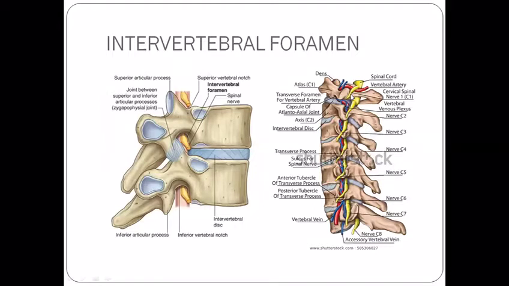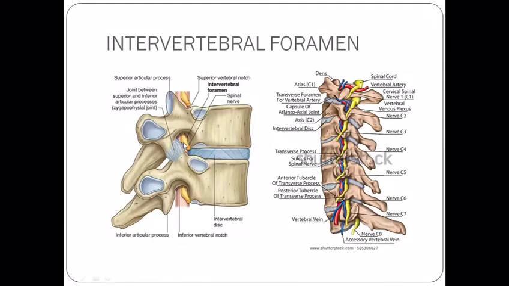So you can see the spinal nerves from C1 to C8. Among those, the upper 7 cervical nerves will be passing above the superior vertebral notches, but the C8 spinal nerve will be passing below the inferior vertebral notch. So we have a total of 8 cervical nerves, but 7 cervical vertebrae. The remaining spinal nerves will be passing below the inferior vertebral notches of the corresponding vertebrae.